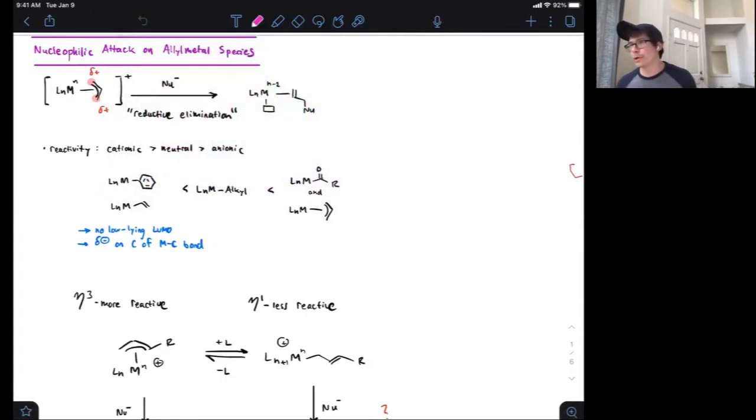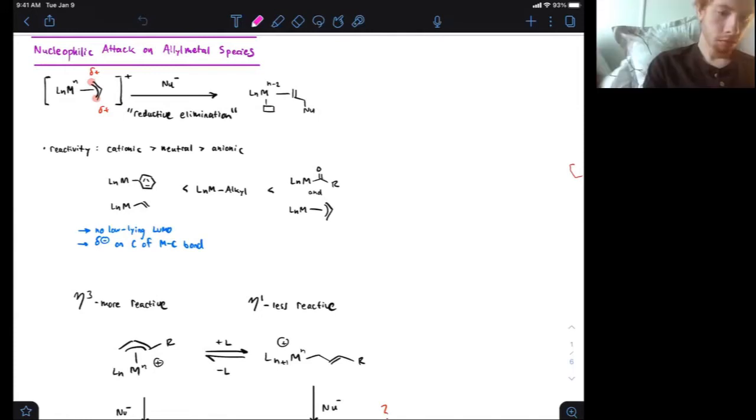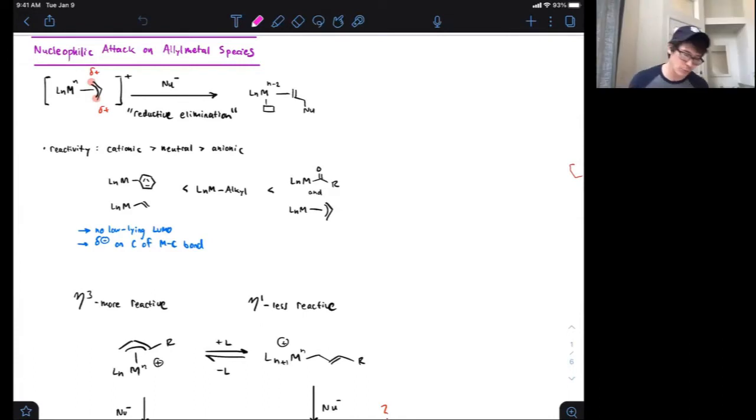So now we'll focus on a nucleophilic attack onto a different type of organometallic, namely these pi-allyls. We alluded to this when we covered the Green-Davies-Mingos rules, and now we'll revisit these in a more systematic way. And I think just in terms of how the electrons move in this, the key difference compared to what you saw previously is